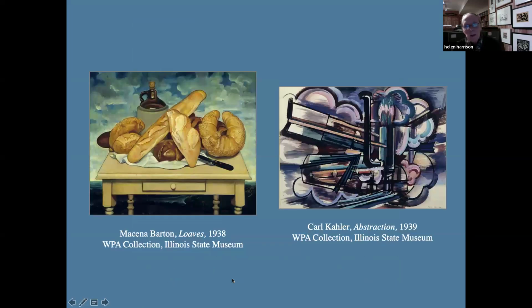Also, the WPA tolerated a wide variety of styles. Now, for the Treasury Department, they wanted American scene imagery. They wanted community relatable imagery. But for the easel project, for the people working on canvas or making drawings or prints, there was much more